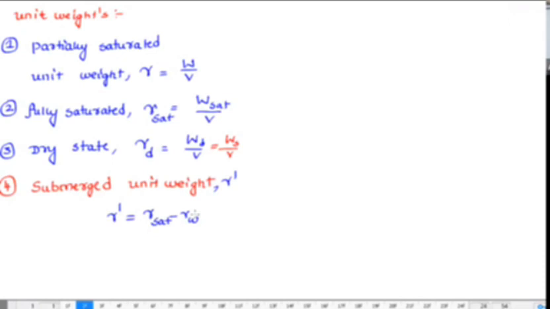Why? According to Archimedes principle, when you immerse an object or a solid into water, this water will apply an upward resisting force known as buoyancy due to pressure difference. Buoyancy is due to whom? Pressure difference. So if the body is below the water table, due to the pressure difference, an upward force is offered, known as buoyancy. And whatever the weight of water displaced by immersing that object is nothing but the buoyant force. If you immerse